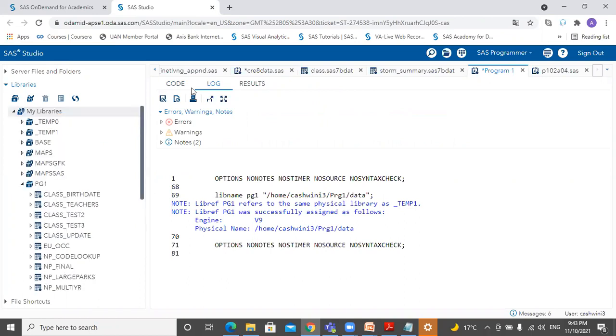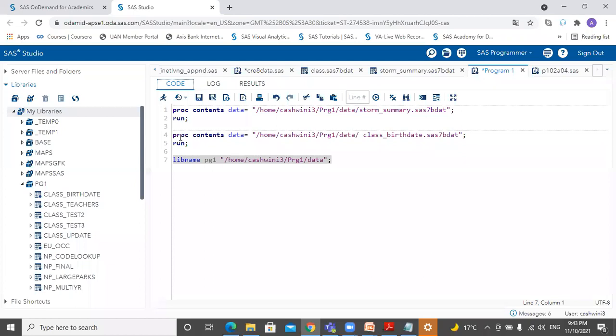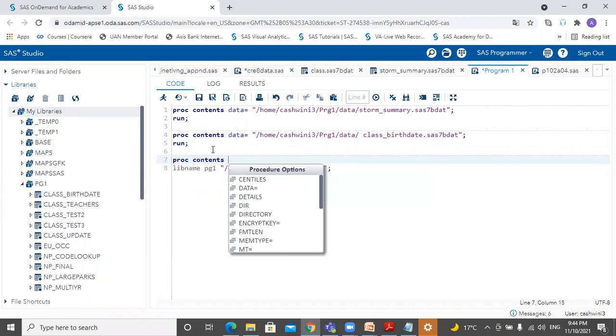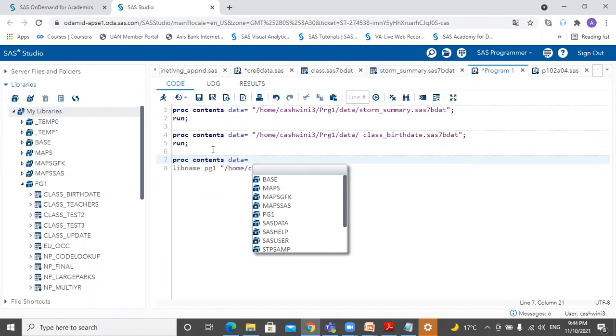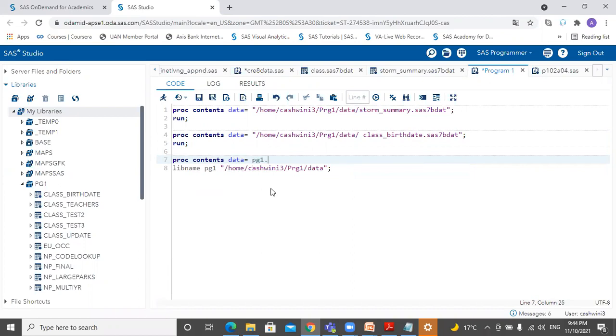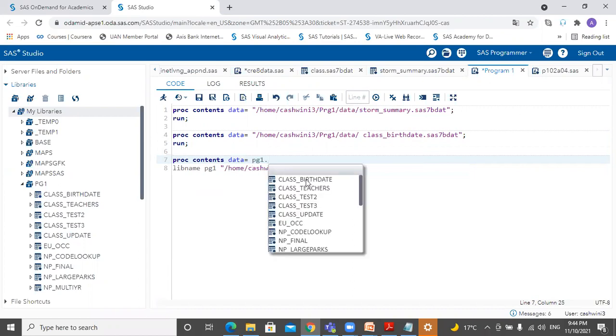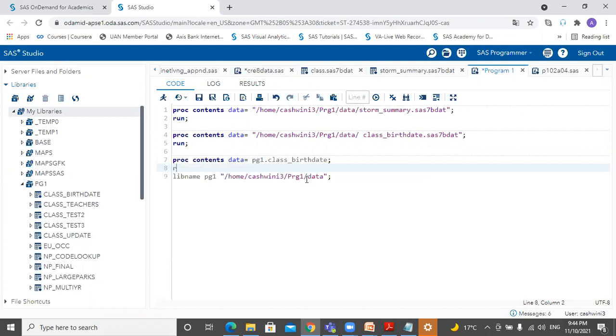Okay. So next time, if I want to do a proc contents on this class data file, what am I going to do? Am I going to keep writing the long path every time? No, correct? What I'm going to do is make use of my libref, which is PG1, reference it with a dot, telling within it I have the class birth date data set, and I run this.